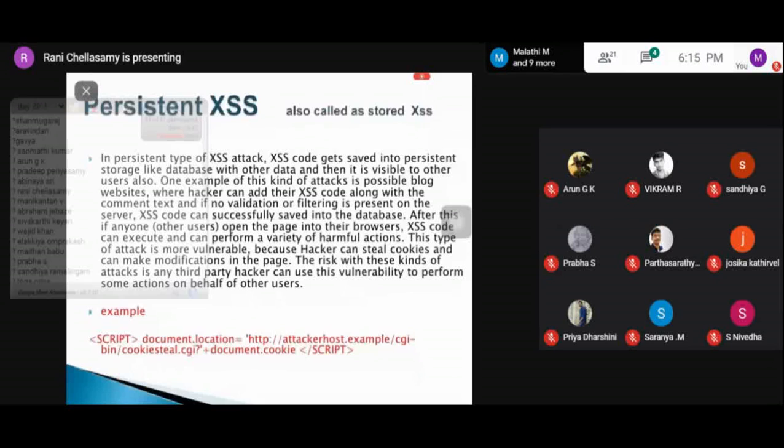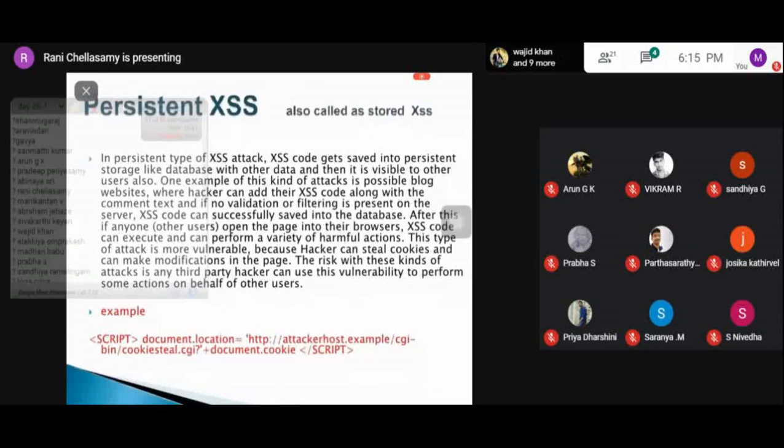Coming to persistent XSS, it is also called stored XSS. In the persistent type of XSS attack, the hacker will inject the code, and it will be stored in the database.